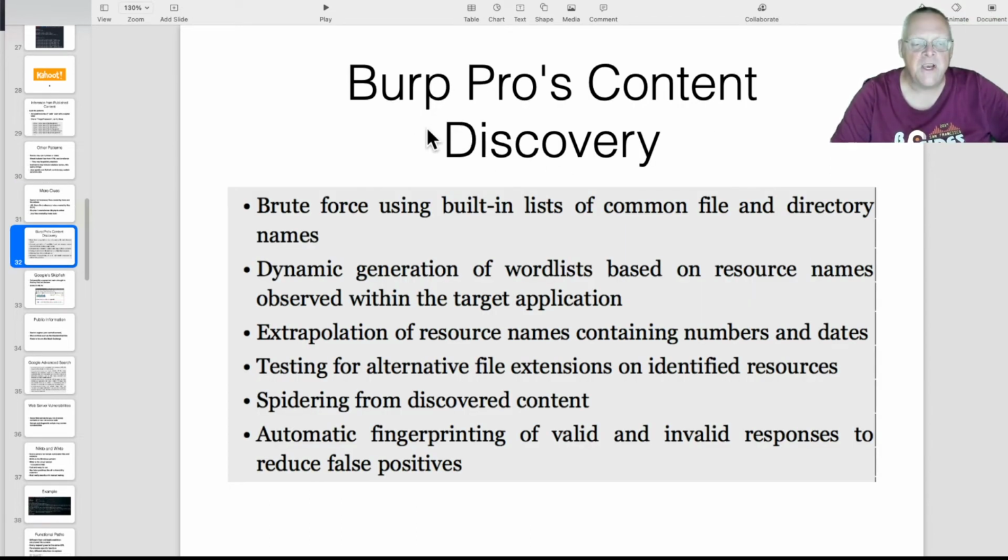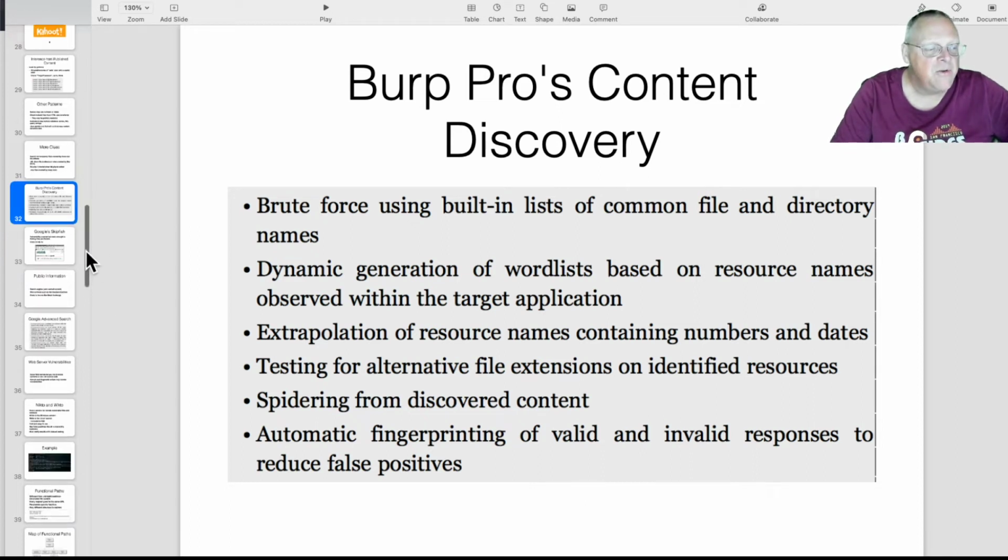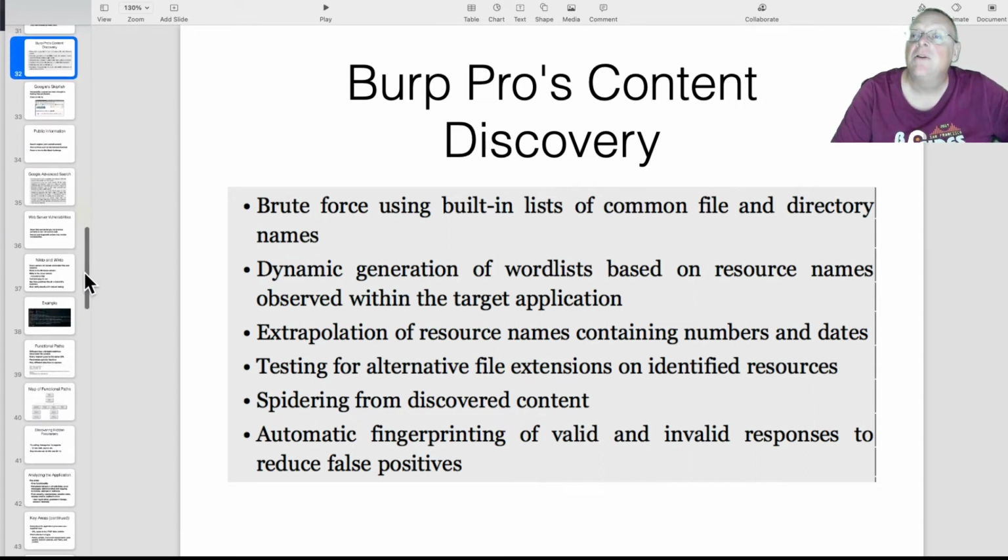Burp Pro has a content discovery that will do what dirb does. It will try to find common names. It'll dynamically generate word lists and extrapolate them, do all these good things for you, which is why you pay a few $100 for Burp Pro, or you use the 90-day free trial of Burp Pro, which you can do. I'm using just the free version for everything. By the way, if you know a little bit of Python, you don't really need Burp at all. Burp is just a GUI for some Python scripts. But anyway,